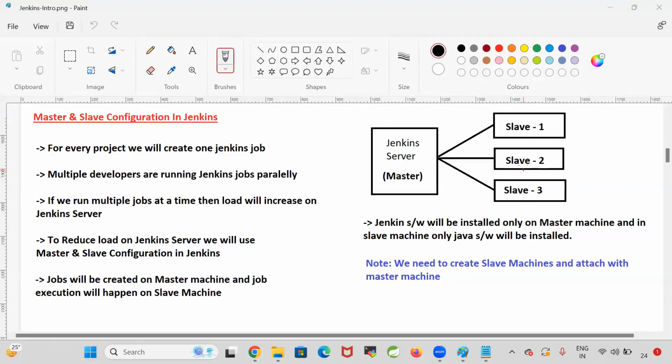Good morning, guys. In the last class, we discussed what is master and slave configuration in the Jenkins. We have taken one machine, and in that machine we are installing our Jenkins server. That machine is called our master machine. In the master machine, we have the option to create the jobs and the option to run the jobs